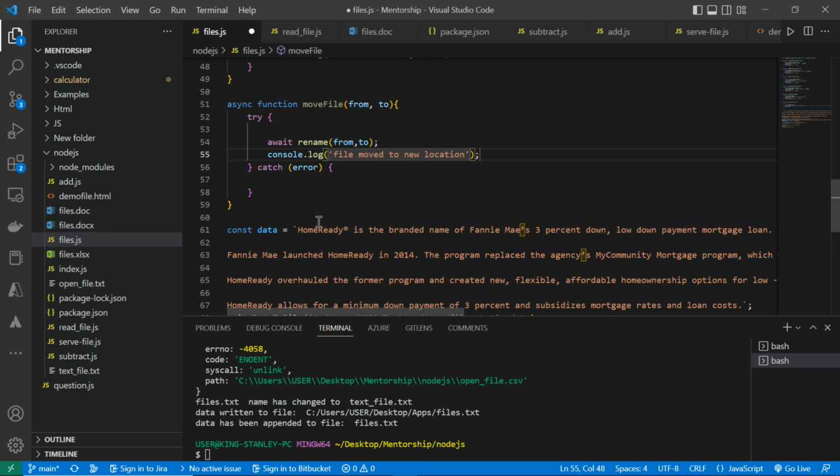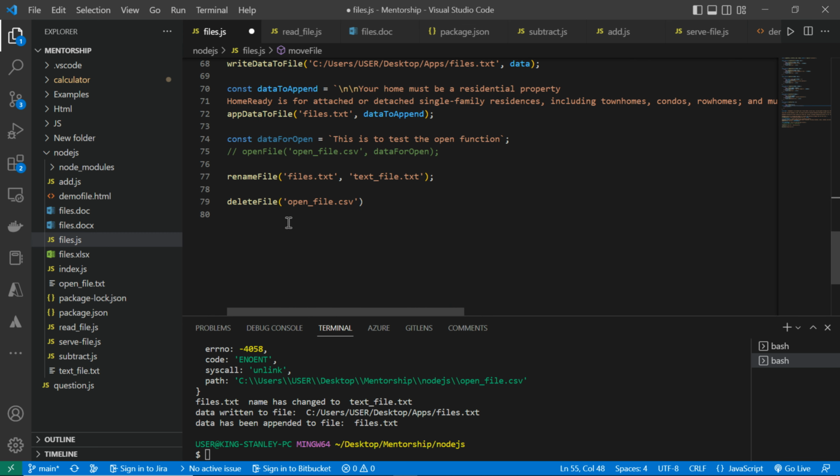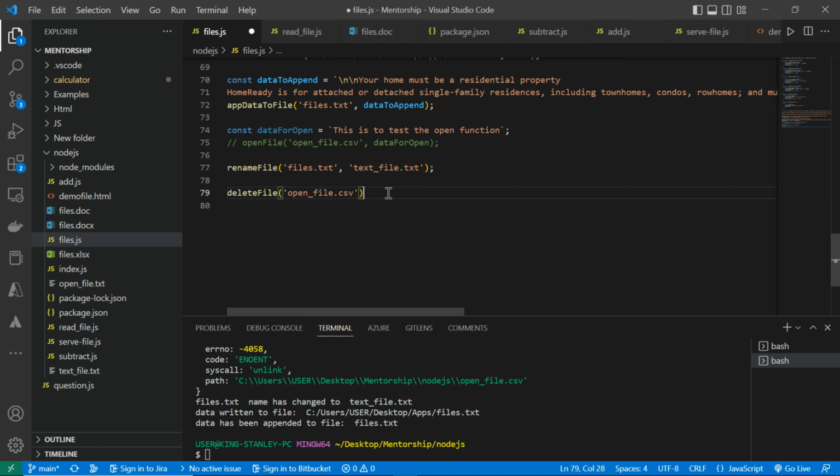Let's just test this. One of the things that is very interesting with Node.js is that all these implementation functions we are calling are very simple to use. You see, we are doing very complex work, something that can take so many lines of code in so many other platforms. But because of how Node.js implemented it, using them is very easy. You just need to call the function name and pass the expected parameters, especially when you are using the promise-based